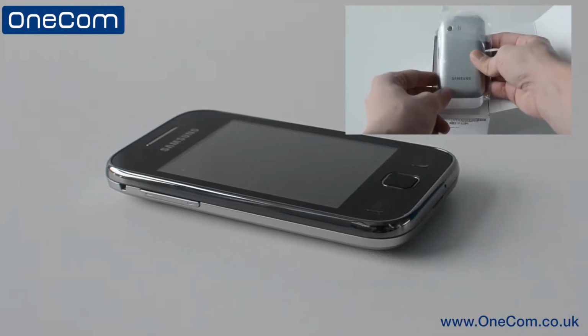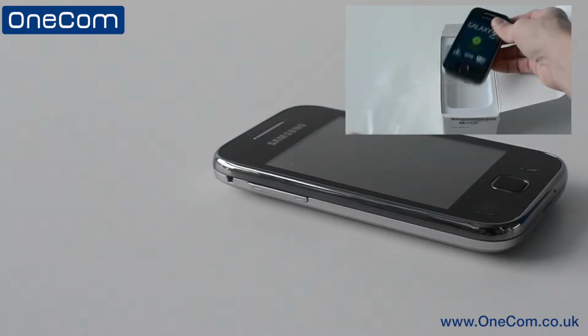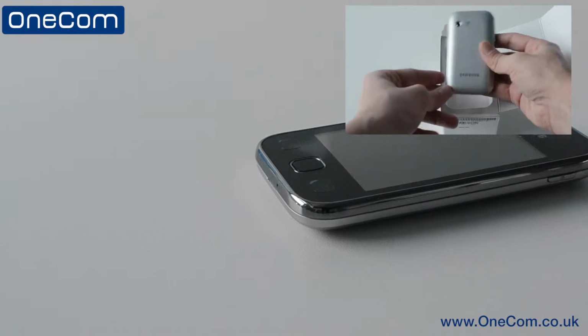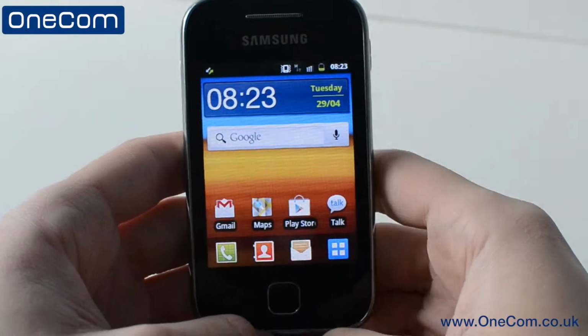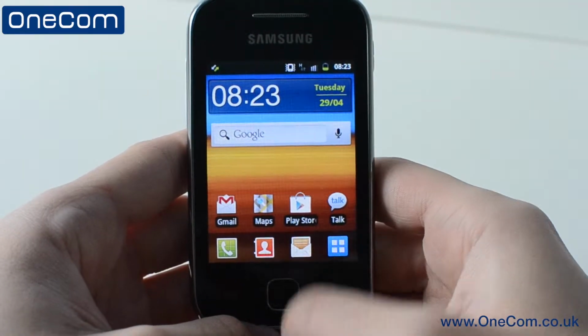Carrying on from the unboxing of the Samsung Galaxy Y, we now take an in-depth look over the phone and also its features. If you missed the unboxing, there will be a link below so you can check that out after this video. Now on the very home screen of the Galaxy Y, we do have access to a wide